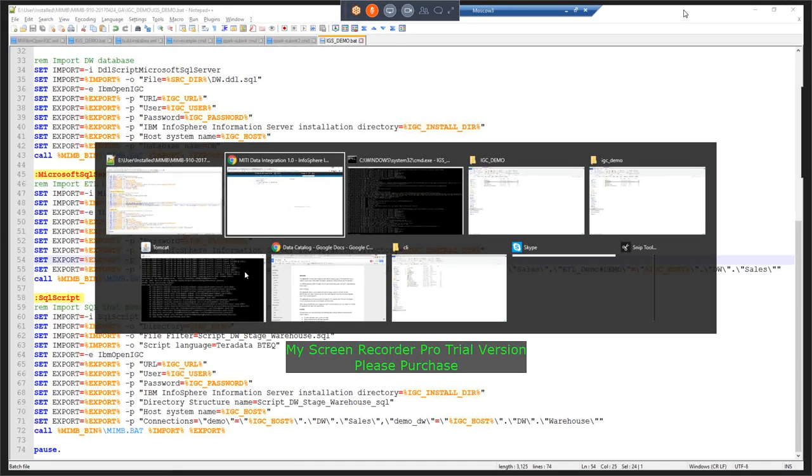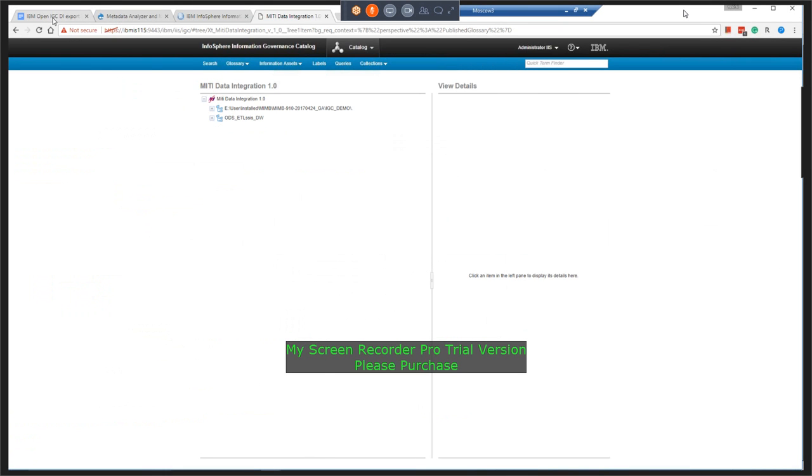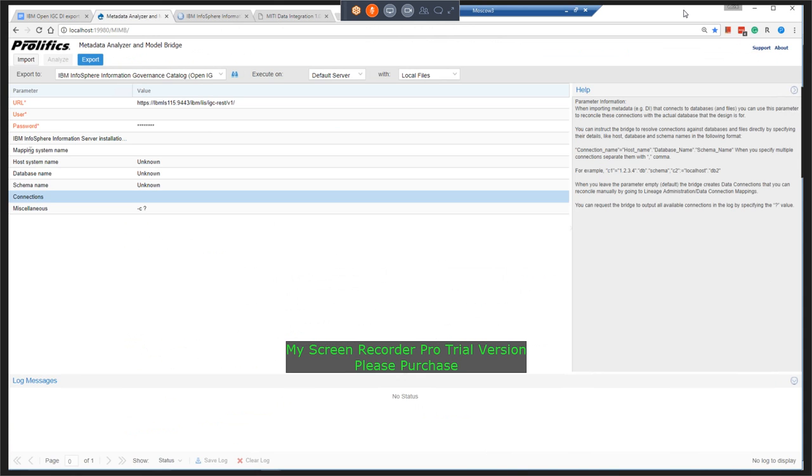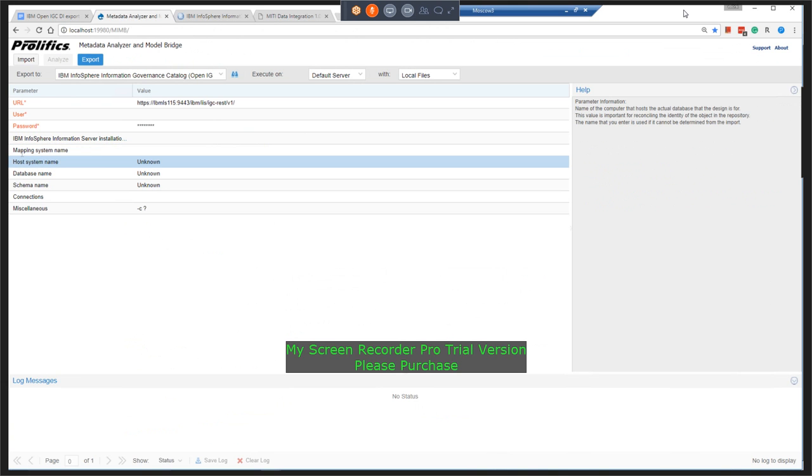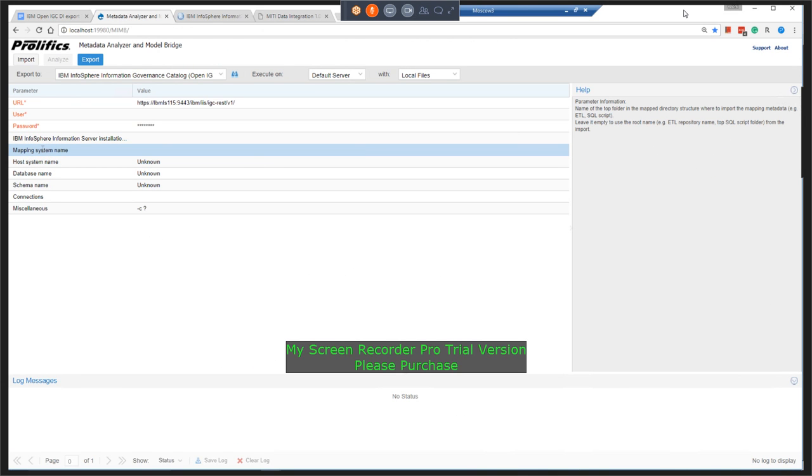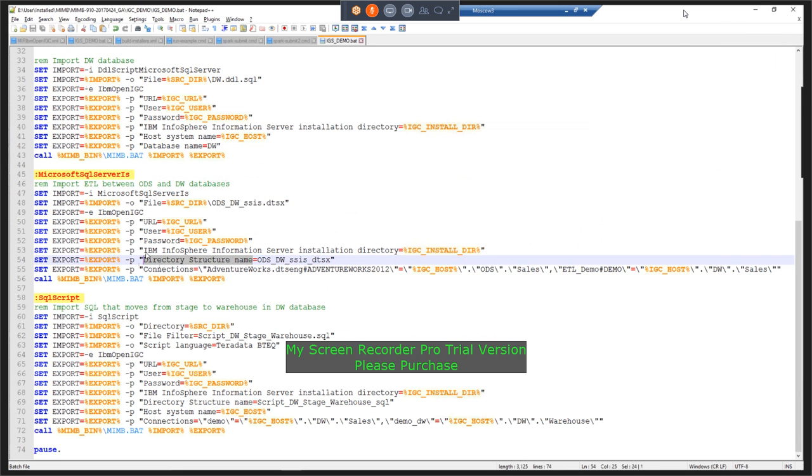Let's take a look quickly at the bridge. The bridge has been updated to have these names and mappings, like we have a host system name and a mapping system name. But the old nomenclature, let me take this actual name, and in the script the developer actually had the old name. Not a problem, we're going to update this right now, and I can change the script to just execute,